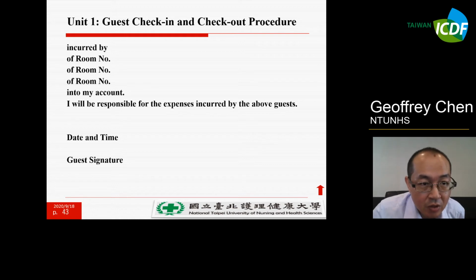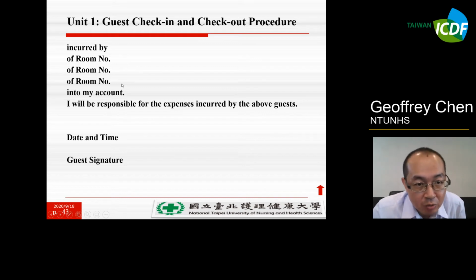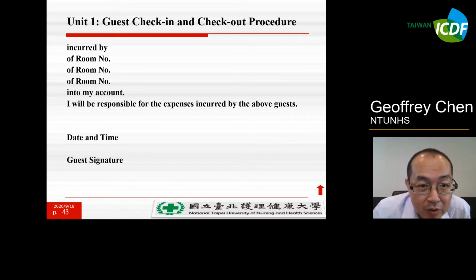And then the charges incurred by the room numbers. And why do I make a list with 3 lines like this? That means when we're talking about business travel or big family guests, they may have different members. Maybe you should make several lines, at least 3 lines for different room numbers into the account.